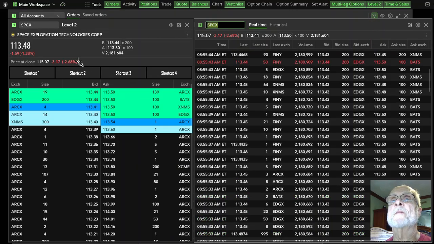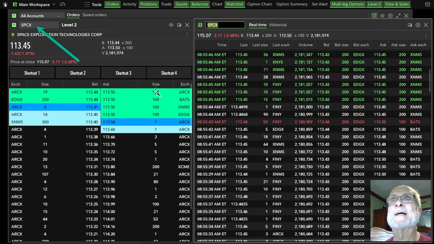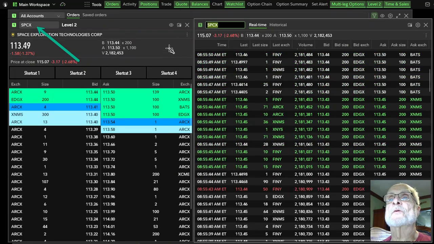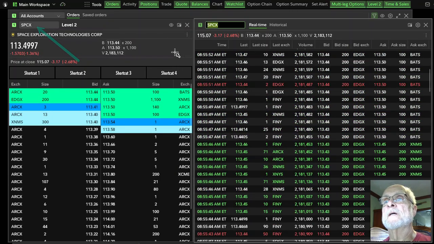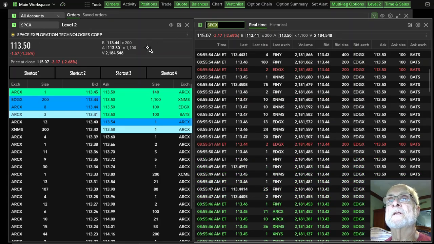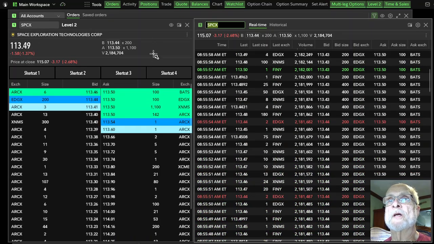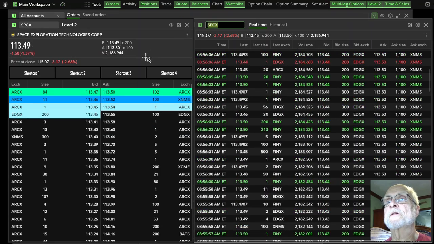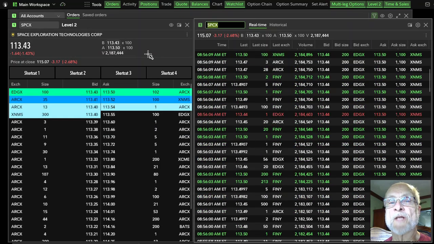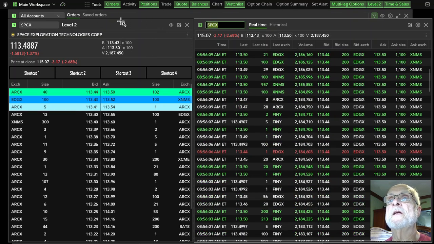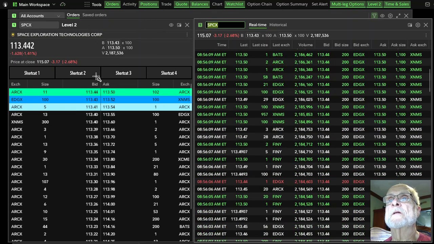On my screen, I'm currently looking at SPCX. So the space exploration is a highly volatile and risky investment. I don't currently own shares, but I do trade put options on SpaceX, and so it's helpful to see what's happening in the market. This half of the screen here is the level 2 screen, and what this is